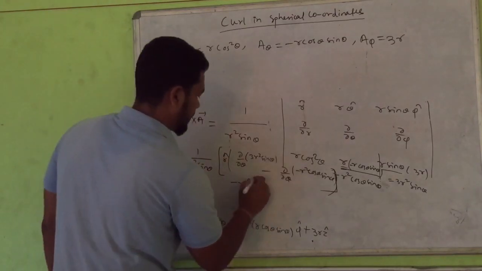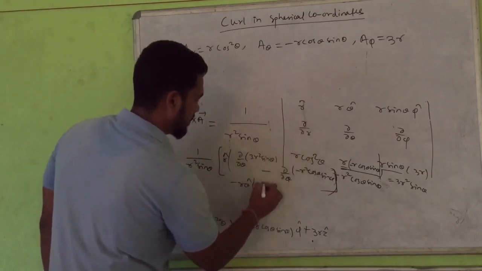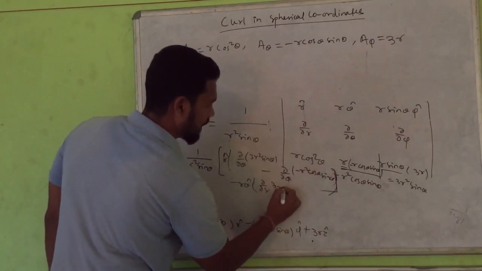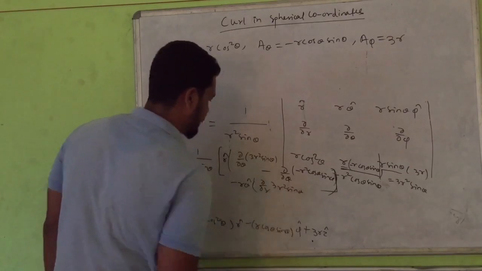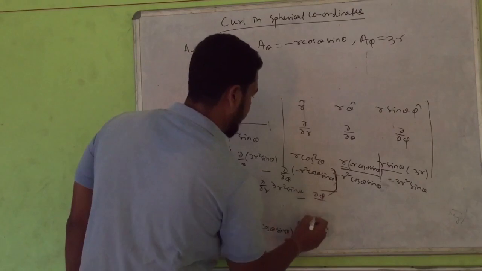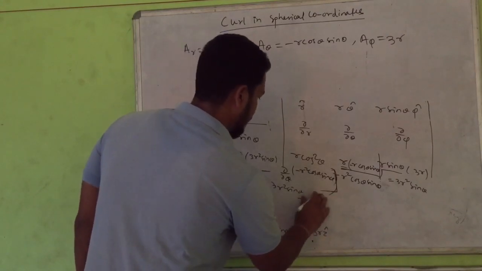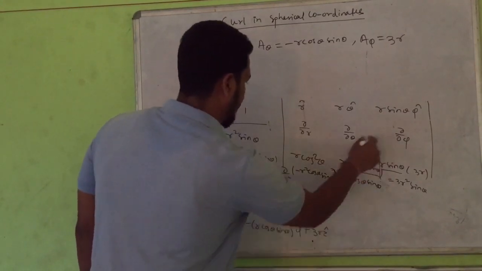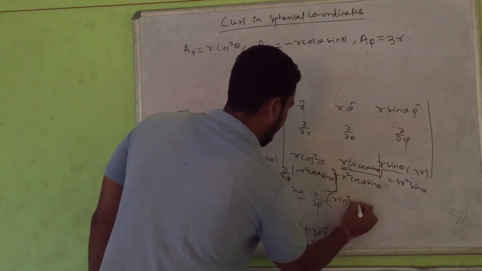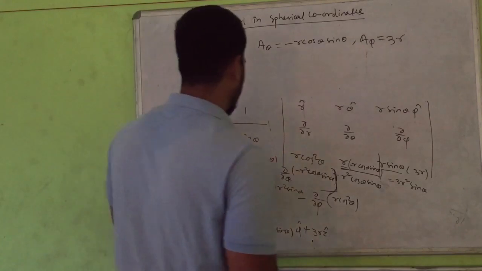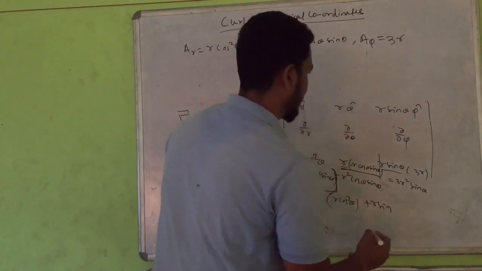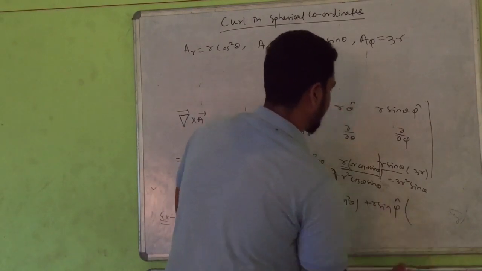You can take outside, then del upon del r of your 3r square sin theta minus del upon del phi of r cos square theta, and your third term will be plus r sin theta phi cap